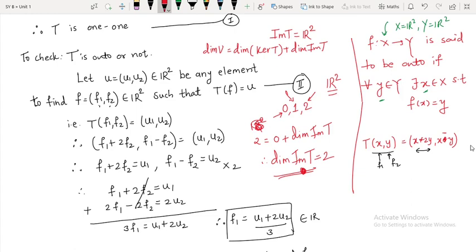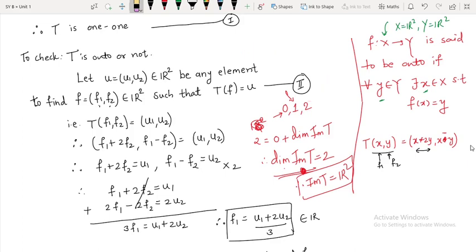It is R2 itself. In this case also, the dimension of image of T is directly equal to 2. Therefore what is your image of T? Your image of T is directly equal to R2, and therefore this T is onto. Okay, you can use this logic also. So this I have explained in the last class. Okay, this is that logic. So the same logic can be applied.